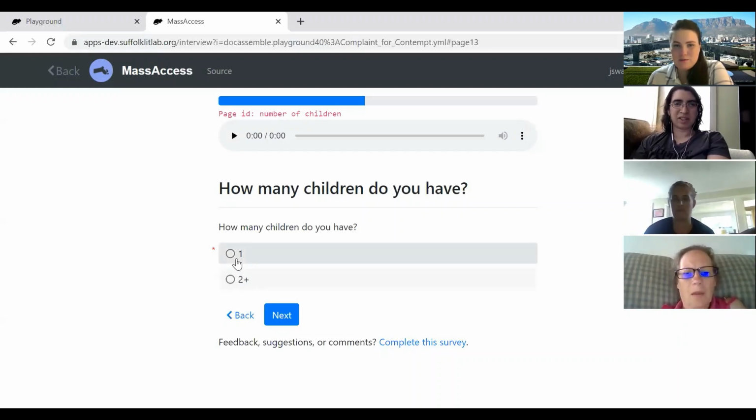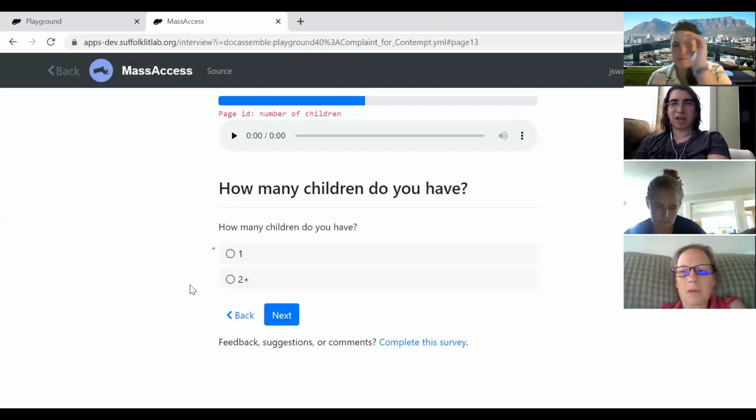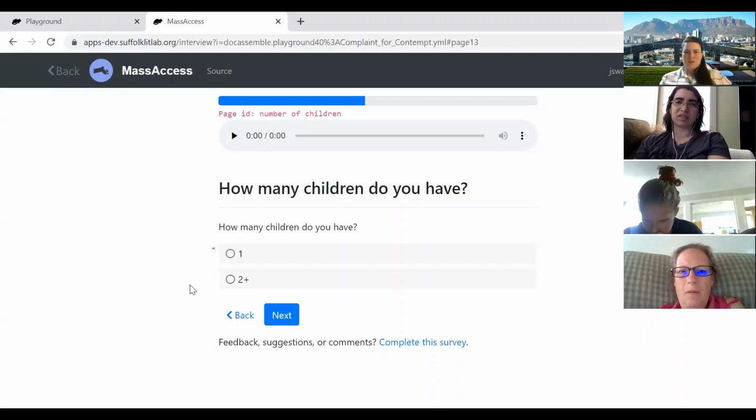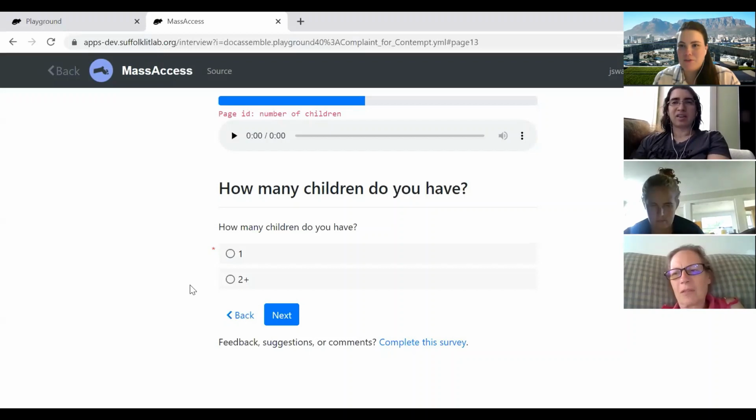This seems a bit of a weird question to me, because it's not going to appear on the form. I don't know what to do about that, but I can suggest: you could ask if they have children, and in the same question, how many? Do you have children, and how many? Could we have it as a "show if," like, "Do you have children?" Yes or no, and show how many? Yeah, I think that makes sense.